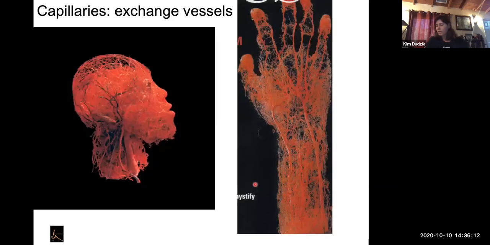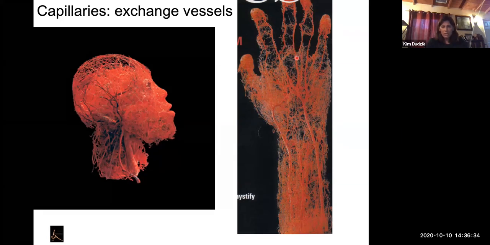Okay, so this is going to take us now into the capillaries. I put this picture back up here because all those arterioles now are feeding the particular capillary beds. You can see some of them here, but mostly they're microscopic, so you don't see too many. I just wanted you to get an idea. So here's an arteriole coming in, and all of these tiny little capillaries are branching off in the hand there, also in the head. That's how widespread the capillaries are, okay?